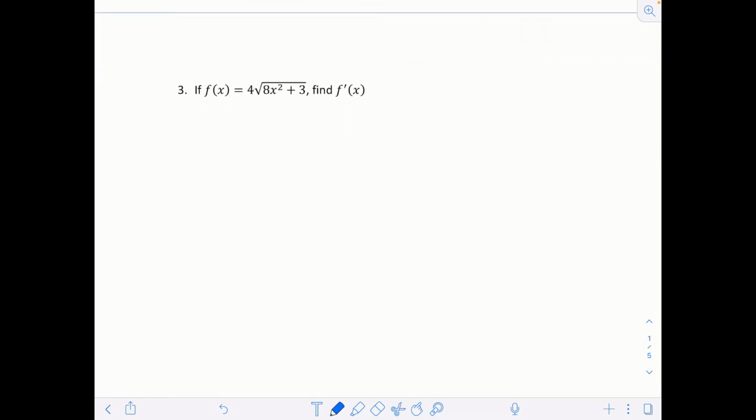Okay, here's another derivative problem. So here, I'm going to rewrite it, because when taking derivatives in general, we don't want to leave the radical or the square root. We want to rewrite it with the exponent, because then we can apply the power rule. So again, thinking before I take the derivative, what rules am I going to use? I'm going to use the power rule, but I'm actually also going to use